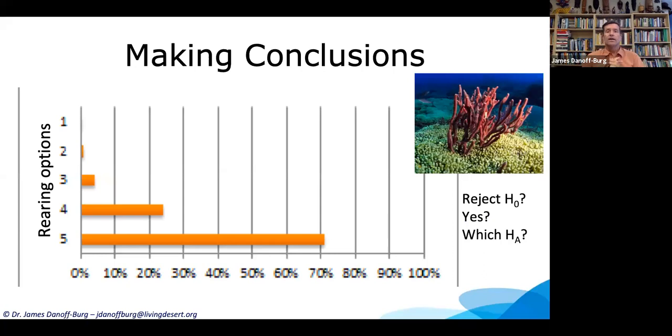So if we want to answer our question, can we reject our null hypothesis or not, we have to use inferential statistics. Descriptive statistics, as we show on the screen here, are not enough to say that our rearing option number 5 was significantly greater than rearing options 4, 3, 2, or 1, right? We have to do the statistical analysis. We have to determine if we can reject the null hypothesis, and if we can, which alternative hypothesis we can support, right? If rearing option 5 was something very different, maybe it's rooting these coral in the wild,